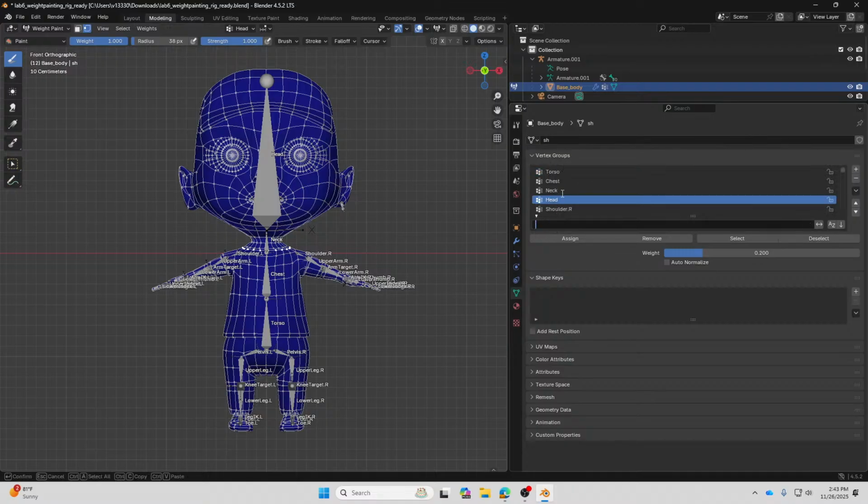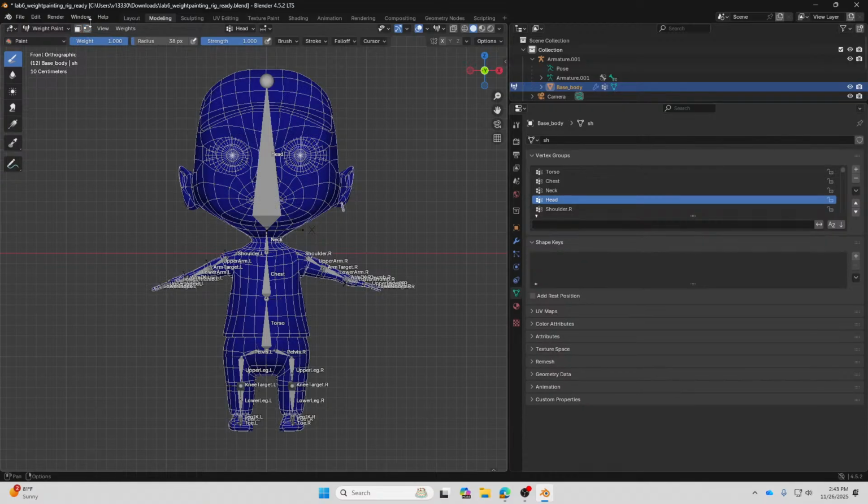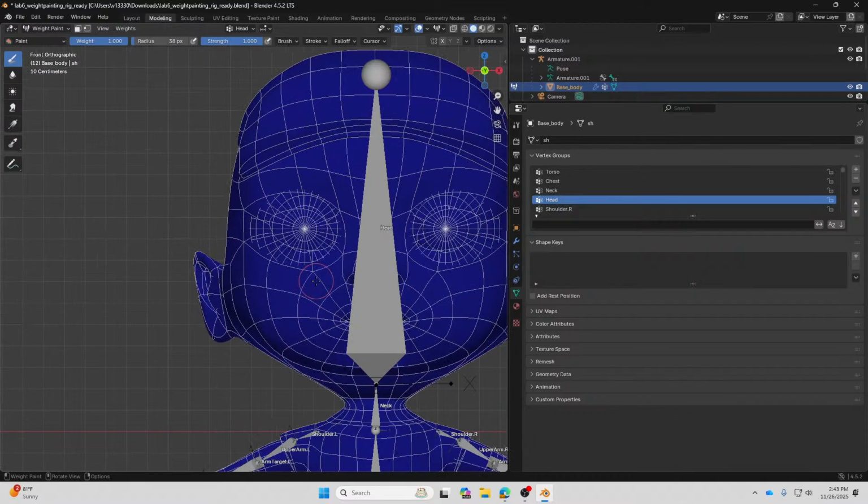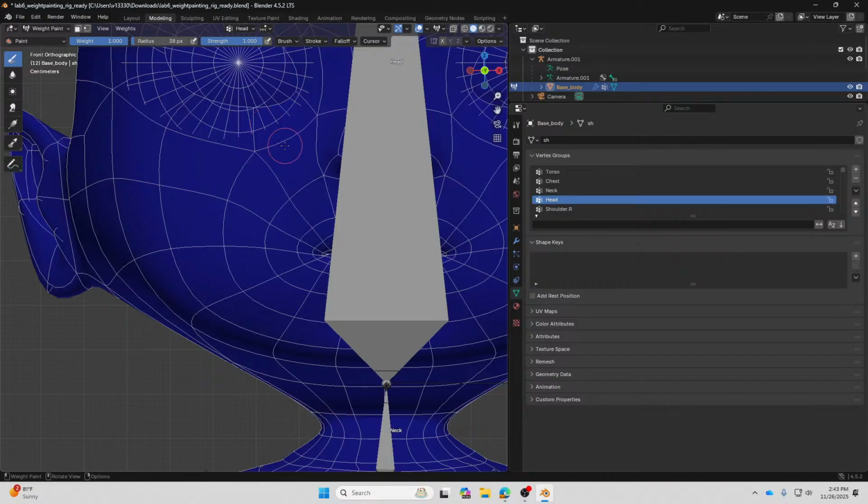Because we're going to do a little bit of demo over here, uncheck the vertex selection over here. By default it's not selected, but because this file is a demo file that I have used, you have to uncheck this one. Now we're going to add vertex weight to the geometry over here.